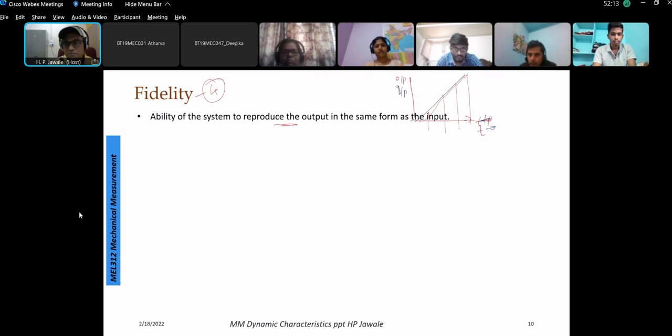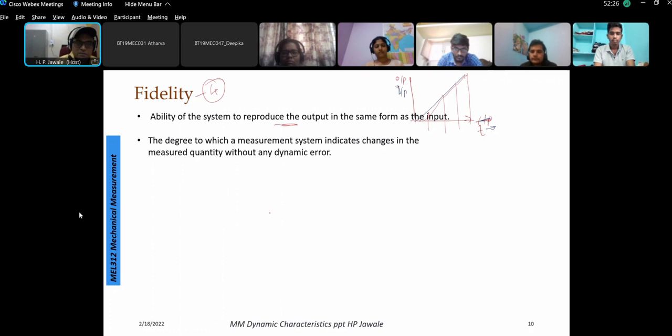Ideally, we want the same. So it's very obvious that any one of us, if we want to design an instrument, will want that output and input should overlap, should be the same. But in actual practice, the instrument is not going to be in that fashion. So the degree to which a measurement system indicates the changes in the measured quantity without any dynamic error